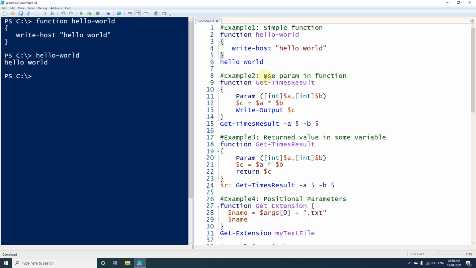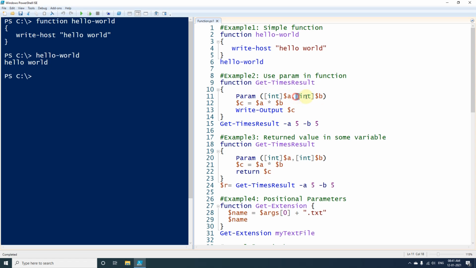Now let's move to the second example. In this example I have used the param keyword in the function. First I have created the function and given the name get times result, and after that I have used param, and in this one I have created two parameters $a and $b, and both these parameters are of integer type, so that is the reason I have written int in front of them.